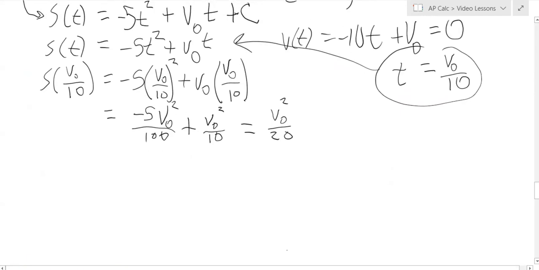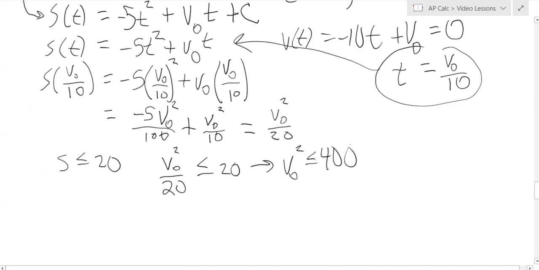Okay? So if the car is to stop within 20 meters, then s has to be less than or equal to 20. So v naught squared over 20 has to be less than or equal to 20. Or if we solve that for v naught squared, that has to be less than or equal to 400. So if you take the square root, then v naught equals 20 meters per second. So to express 20 meters per second in miles per hour,